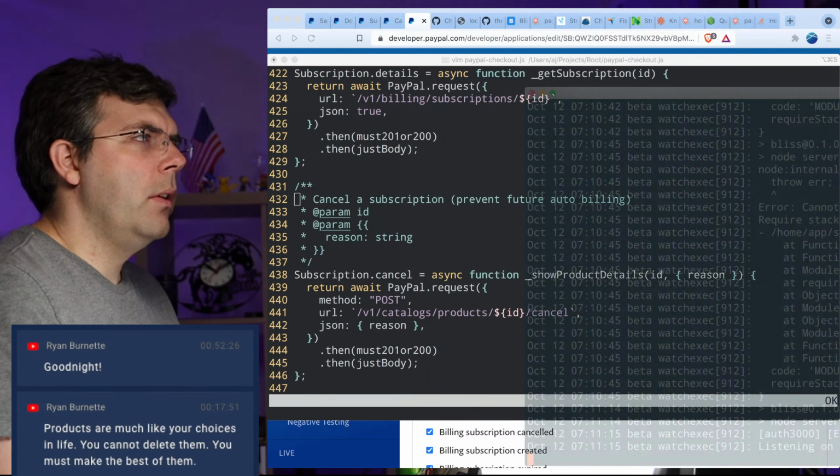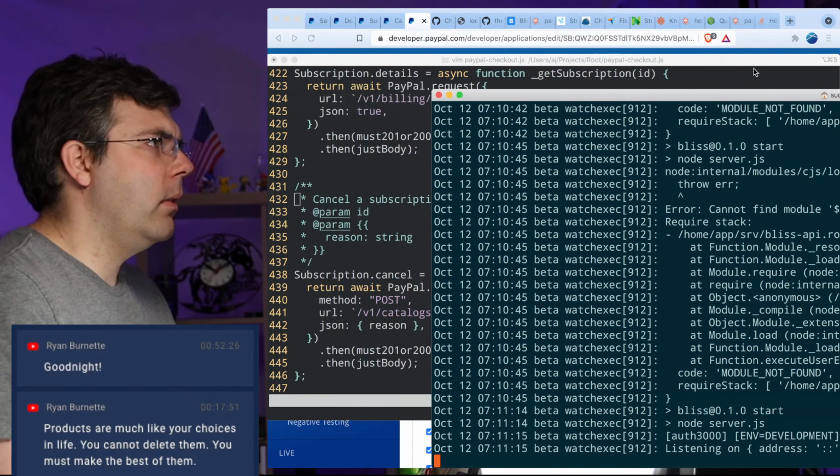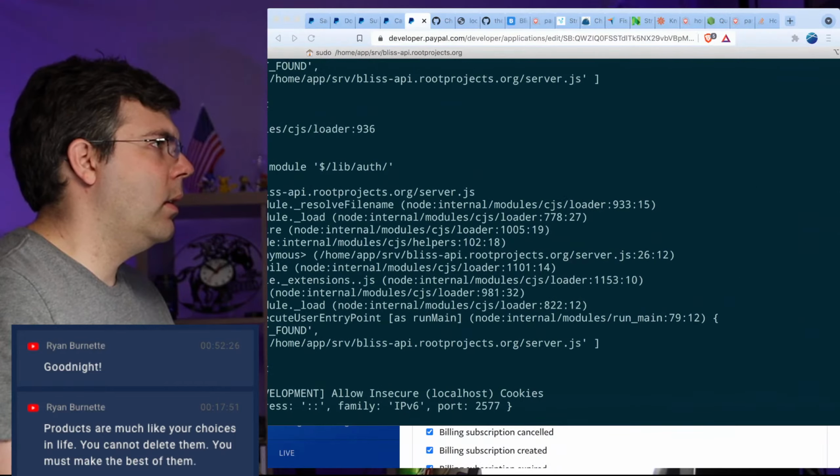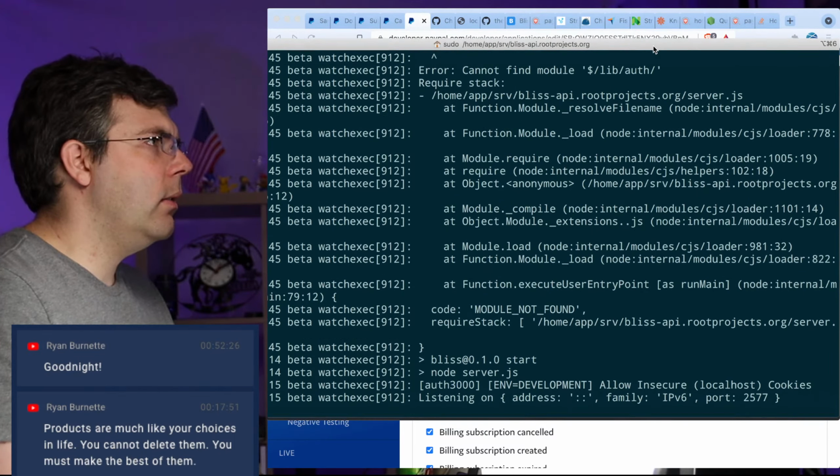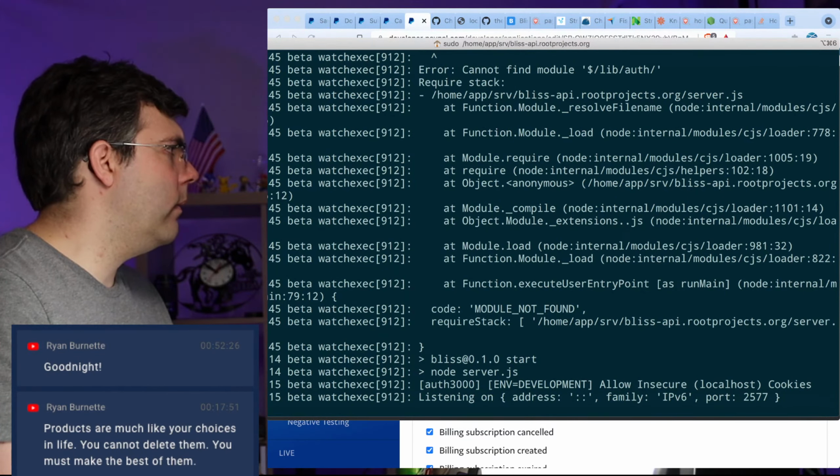Okay, so I'm going to bring this back over for the moment. Well, let me see if I can narrow it down. And then I'm gonna see if we can test if these webhooks are working or not.